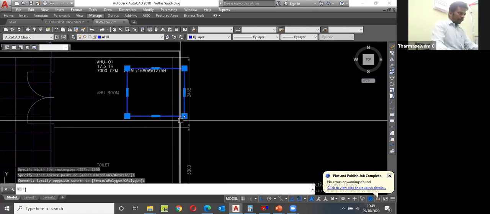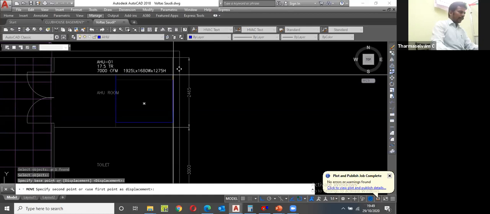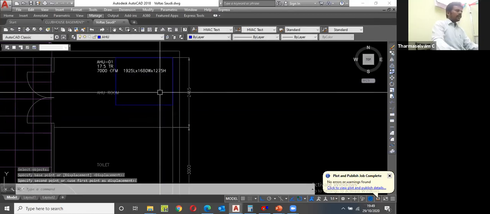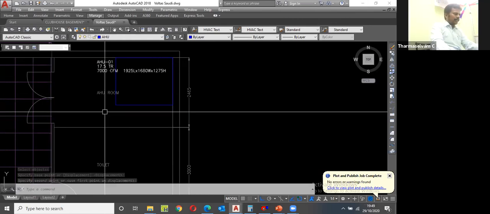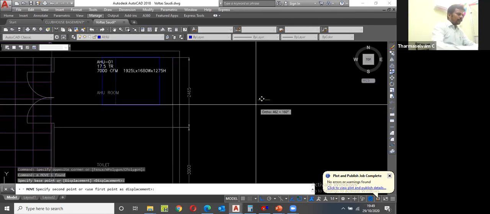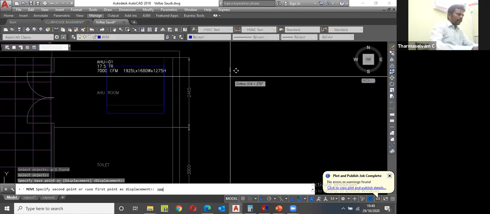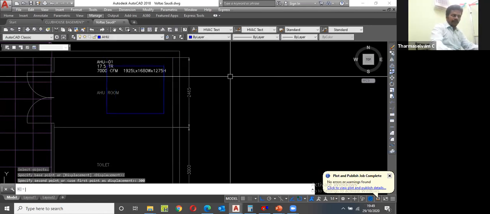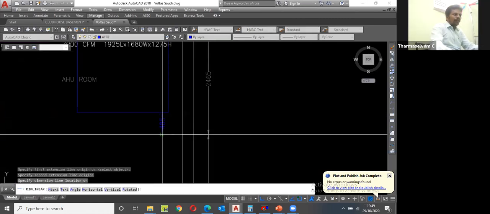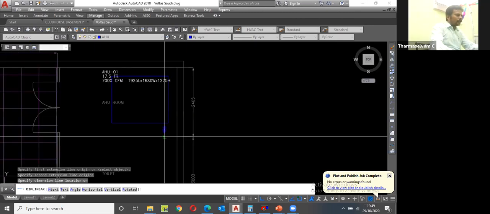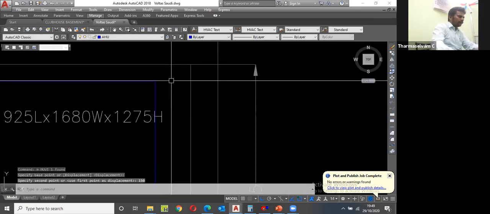Move from this end, or that end. Why am I going to keep that end there? Because the door is available on this side. From the back side, you have to give a minimum 300 mm space. That side also 300 mm, because I'm going to connect the pipe and all on this side. Check whether this space is sufficient or not. Only 485 is available, so you have to move this unit 150 mm again, nearer to the wall.